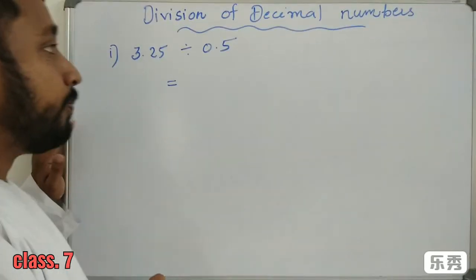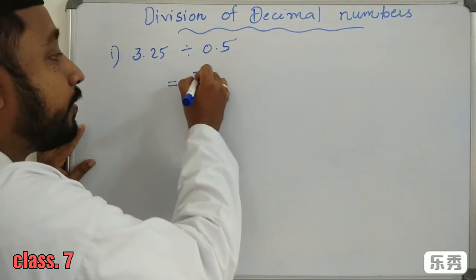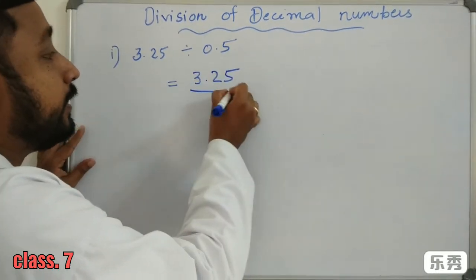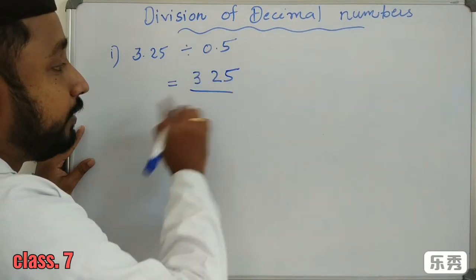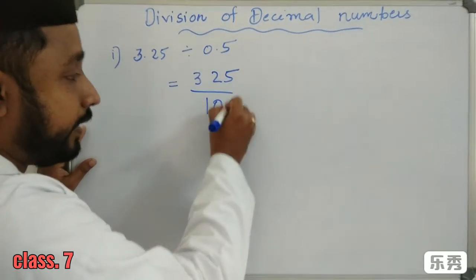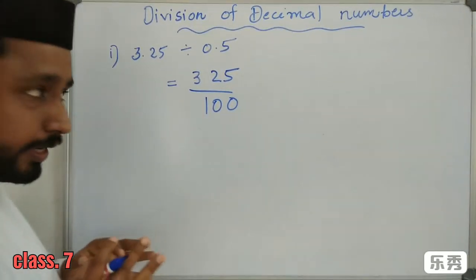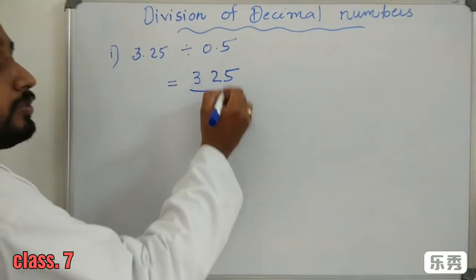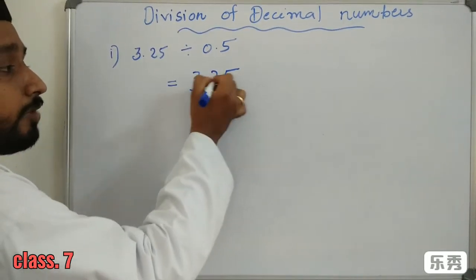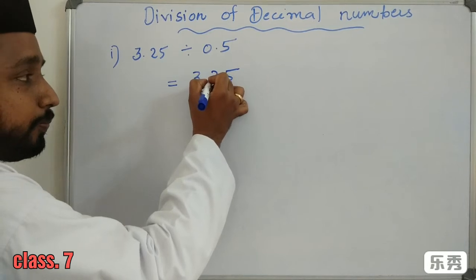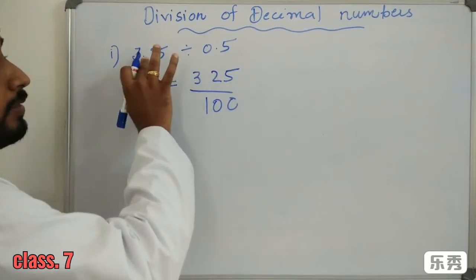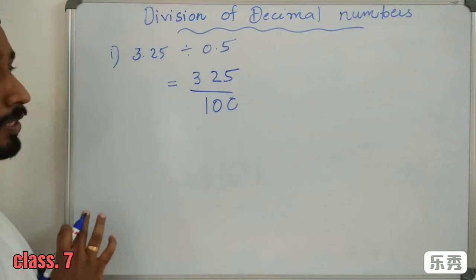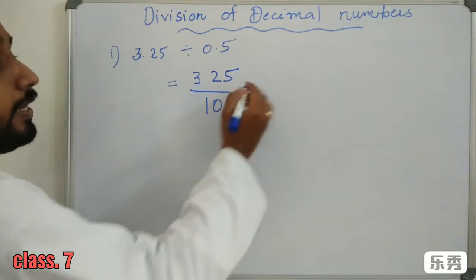3.25 divided by 0.5, which means instead of 3.25 I am going to write 325 by 100. We know division by 100: when we divide by 100 we get 2 zeros, so we have to place the point after 2 digits, then 3.25. So 325 by 100 we wrote, divided by